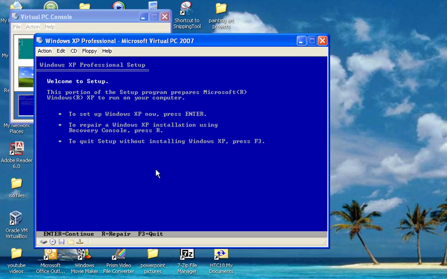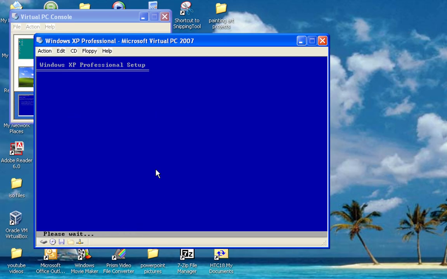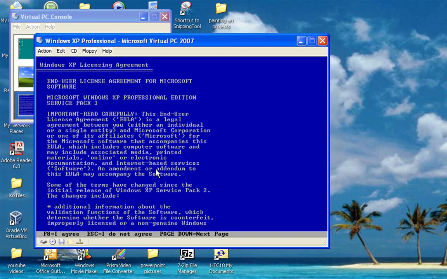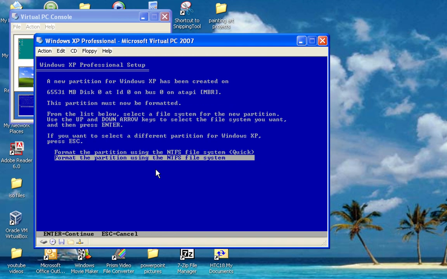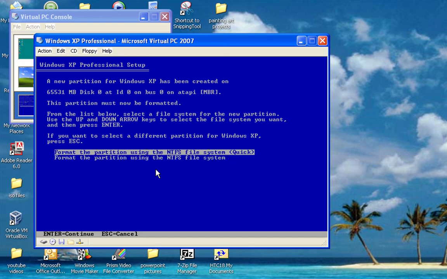Press Enter to confirm, and press F8 to agree to the license agreement. Press Enter to install on the unpartitioned space, which is the drive C, the virtual hard drive. Do not create a new partition. Select the unpartitioned space, use the up arrow, and then choose to format the partition